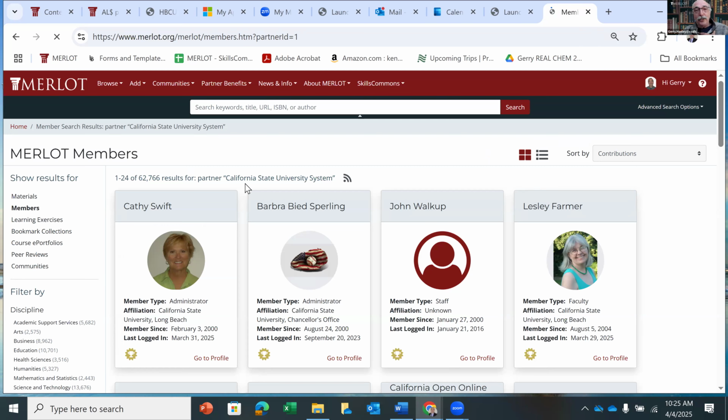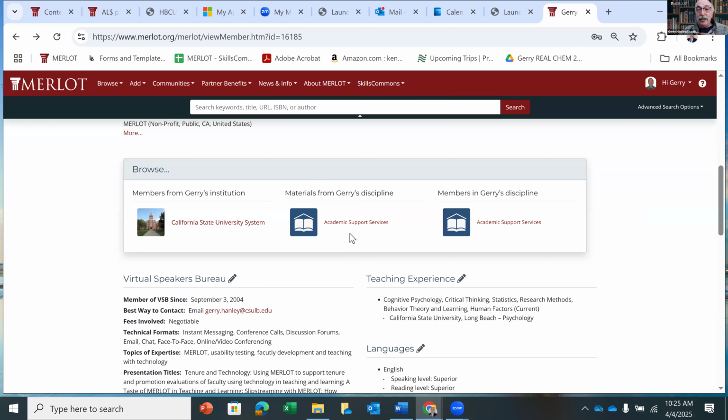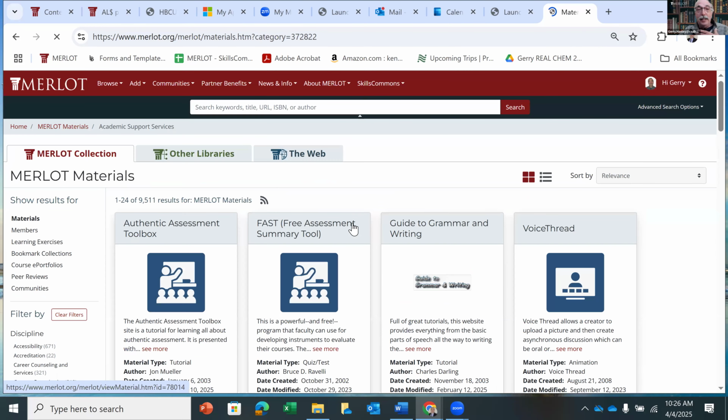In the Cal State system, we have 62,000 members, students, faculty, and staff who are part of the Merlot community. You can also identify your discipline, and it'll automatically say, okay,